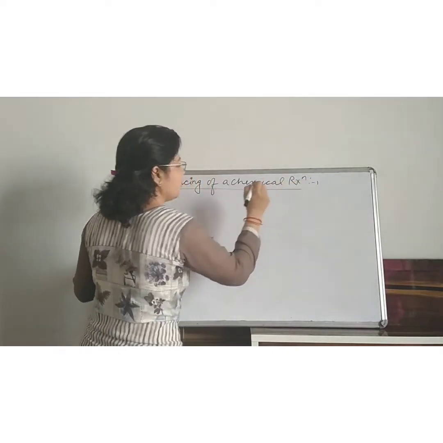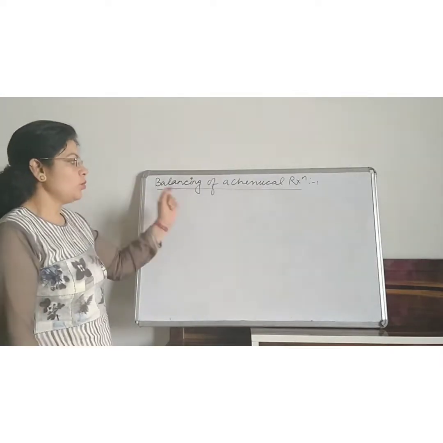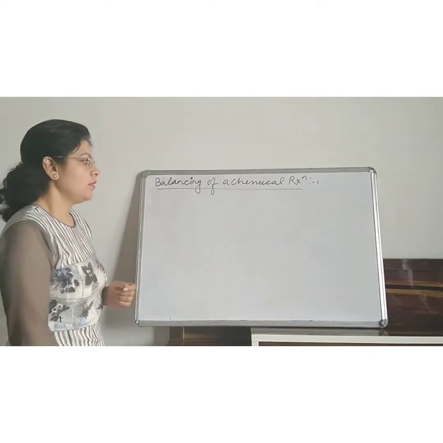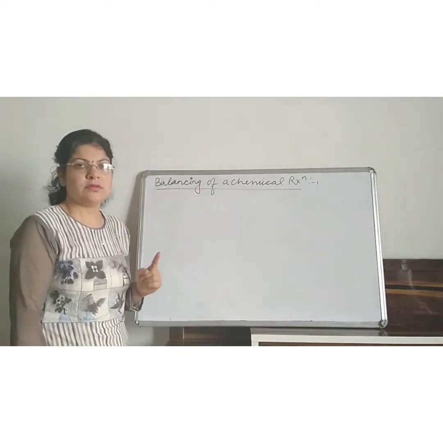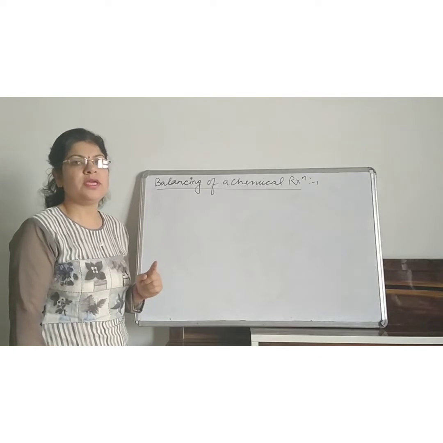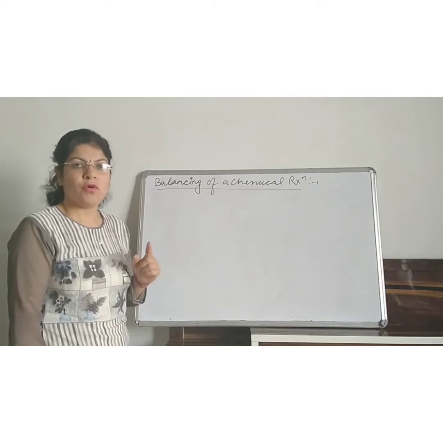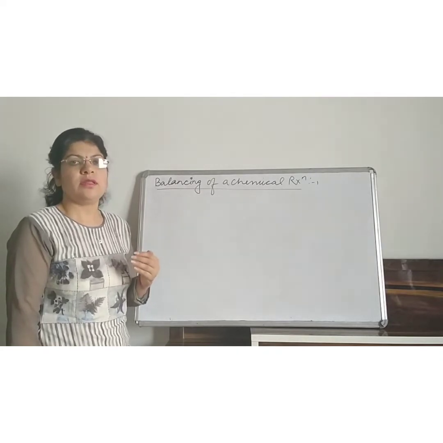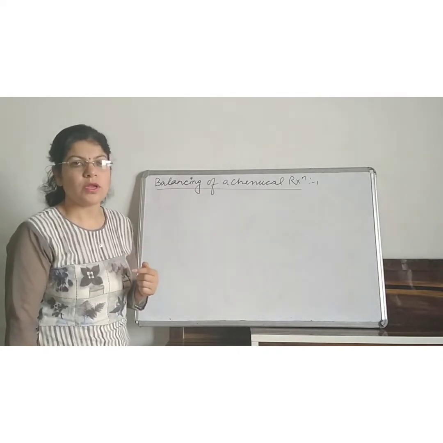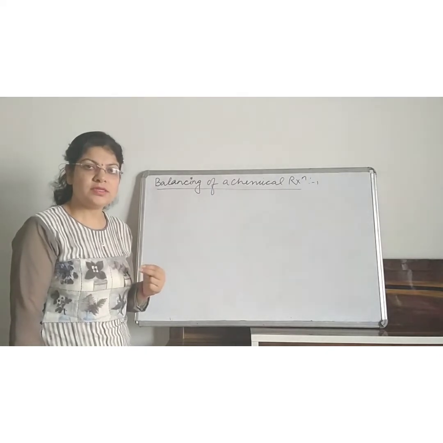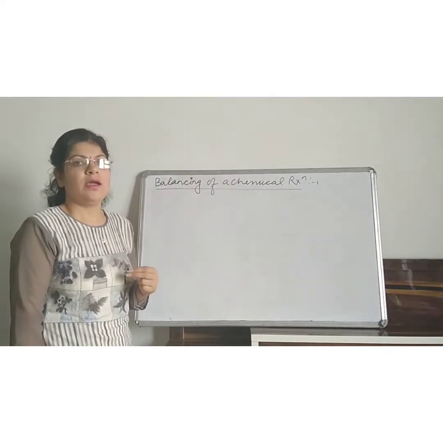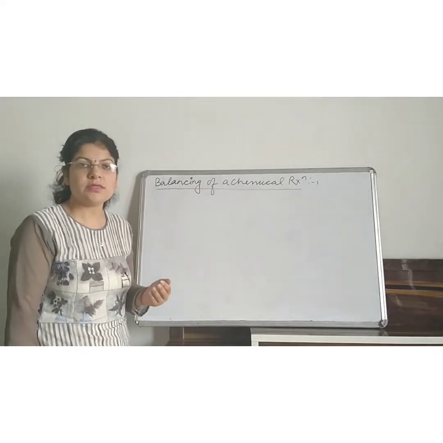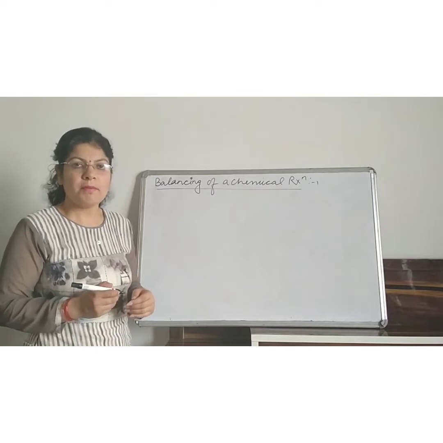As we know, for a reaction to be a chemical equation, there are three necessary conditions. The first condition is it should be represented in the form of symbols, or in the form of chemical formulas. Second, it should be in skeleton form, and third, it should be balanced. Balanced means it obeys the law of conservation of mass.